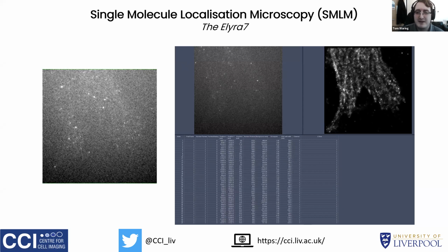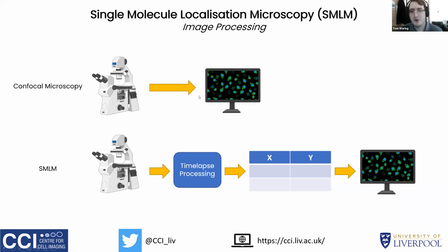Now, to wrap up this single molecule localization microscopy section by introducing more words of caution. Again, when we think about the final image that we get and how we interpret it, with confocal, you go straight from the system to the image. But with single molecule localization microscopy, you now have not only one, but two steps between the microscope and the final image. So the first step being the